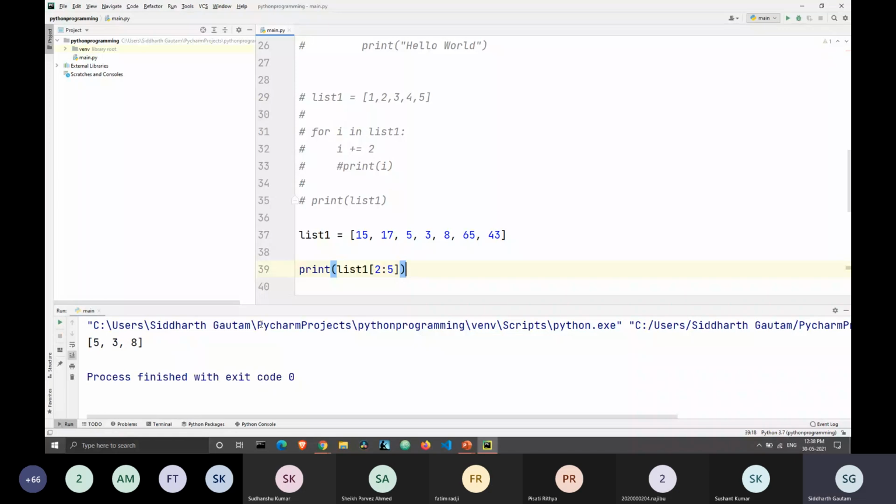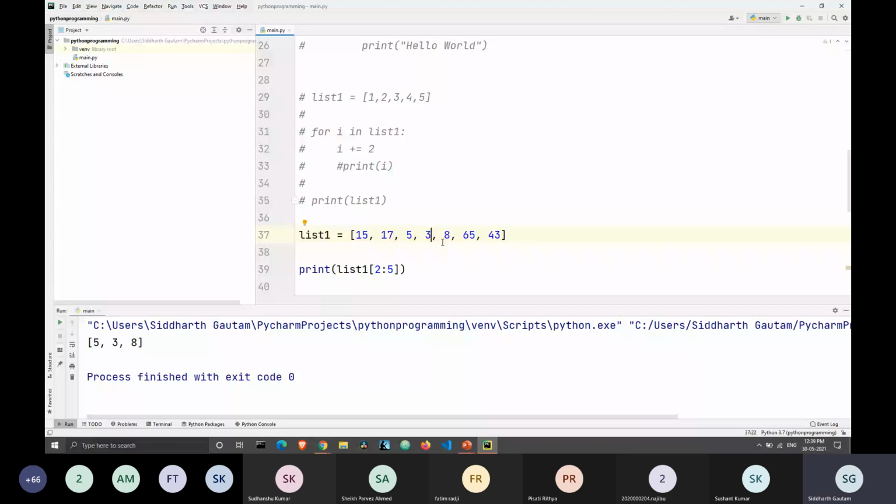What's happening here is the index value of 2. Okay, this is 0, 1, and this is 2. So we are starting from here, from the second index, and we are going all the way to the fifth index. In the fifth, this is 0, 1, 2, 3, 4, and 5. This is the fifth index, but you might have noticed we are not printing 65 here. That's because, as you guys already know, we always stop one value before the ending value. Like the ending value is 5, which means we will stop at the fourth value. That's why the index of 2, the index of 3, and the index of 4 get printed here.